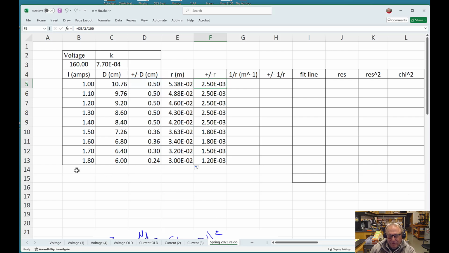Basically, what you're preserving is, if you have a measurement with a plus minus, remember that there's the so-called fractional error. So if it's the fractional error on the diameter,